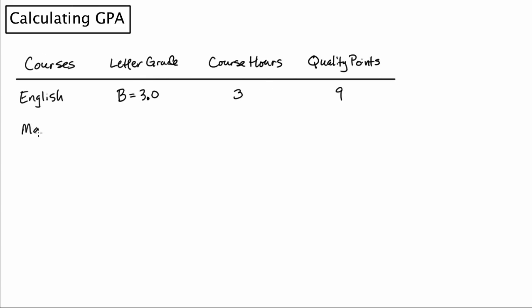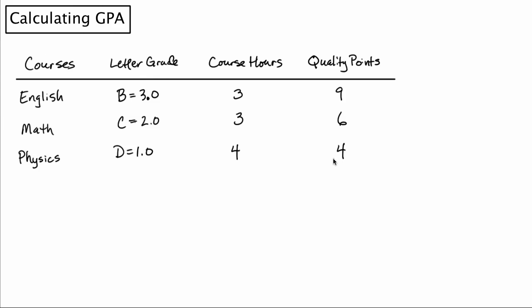Alright, let's look at math. Suppose in math you made a C. A C would be worth 2 quality points, or 2 letter grade points. And let's suppose that's also a 3-hour course, so it's a total of 6 quality points. Let's suppose that you took a physics course that had a lab associated with it. And so the physics course, you wound up with a D. D is worth 1 quality point. And the course hours for that, since it involved a lab, would be 4 for a total of 4 quality